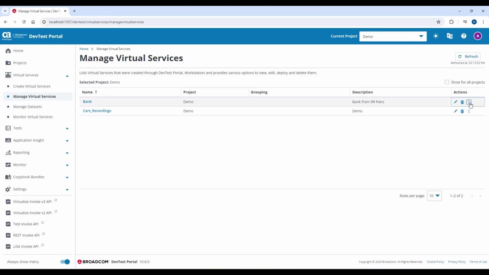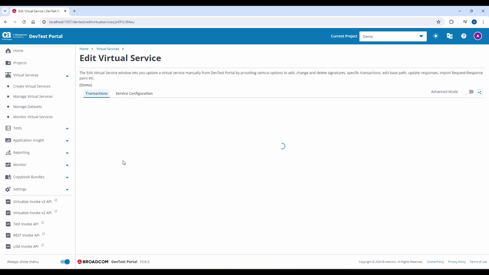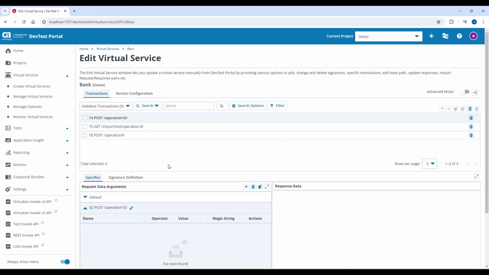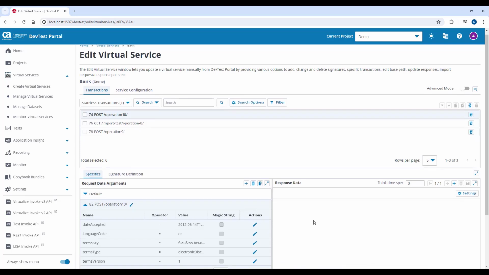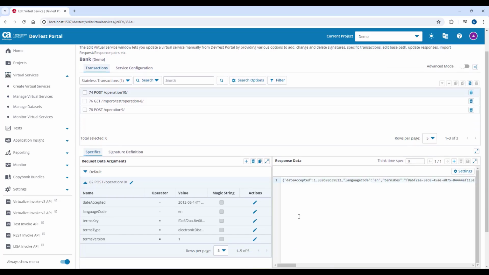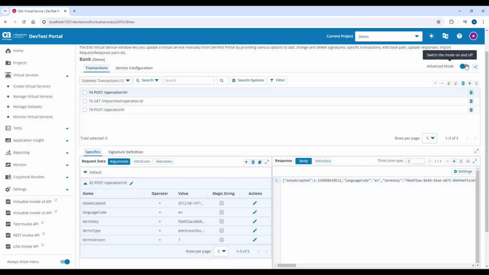In our example system, we have only 2 services, but if you have a large list of services, you can filter and sort by any of these columns. For my example here, I'll select Bank, but you could also click Edit. And here you see a view similar to what we saw during creation. The operations are on the left. As you click an operation, you can see the request and response information on the right. You also have an advanced mode on this screen as well. And now we can see the arguments,